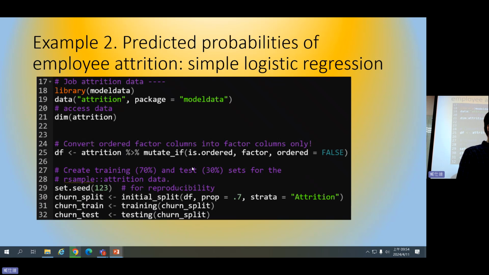On the other hand, in this case, we also include a more complicated process. For example, usually in our data analysis, we like to split our data into two parts. One is a training data set, another is a test data set. Maybe the training data set will include 70% of our sample, and 30% will be treated as a test data set. So we have a training data set, and we also have a test data set.